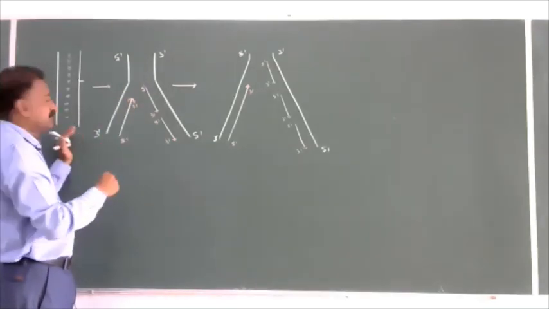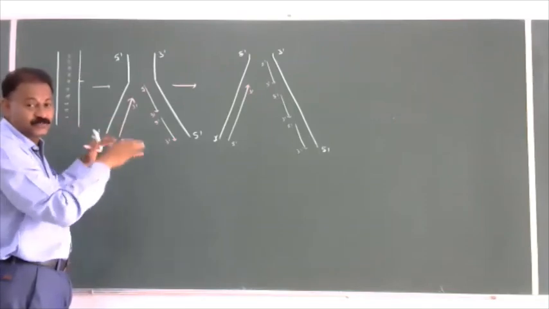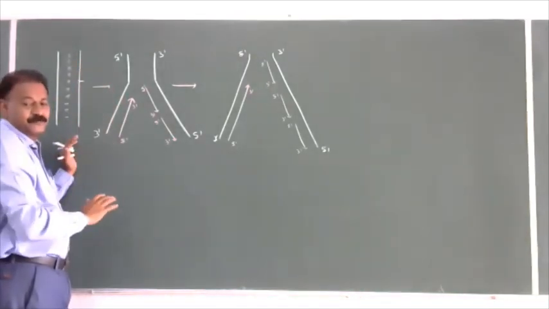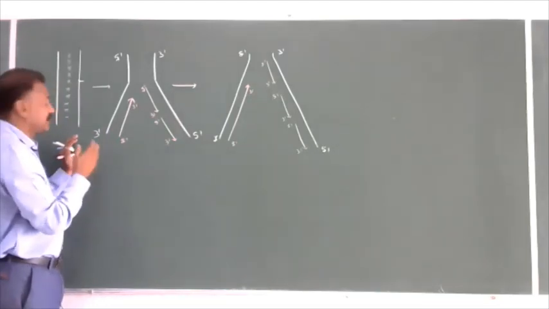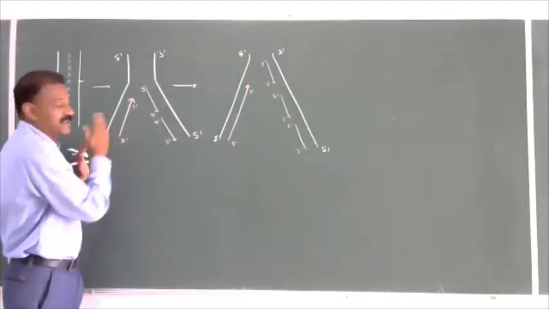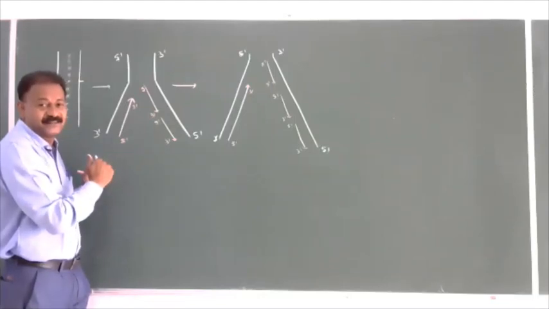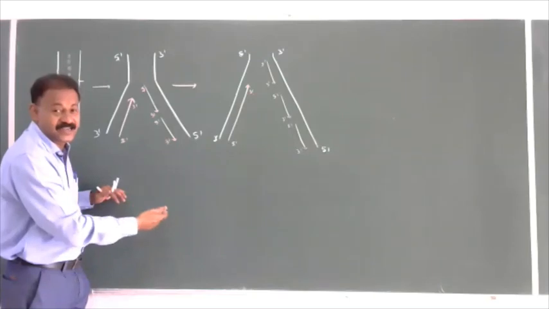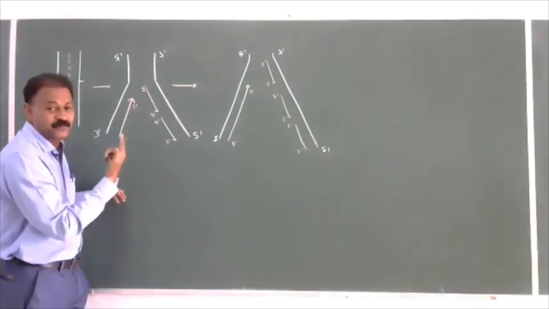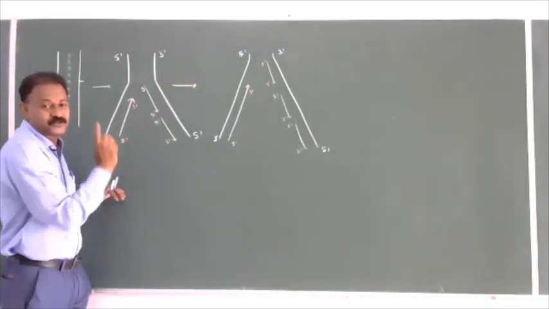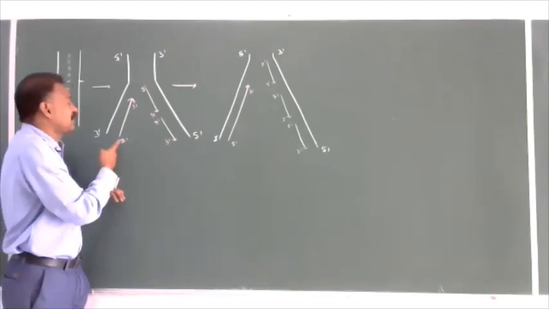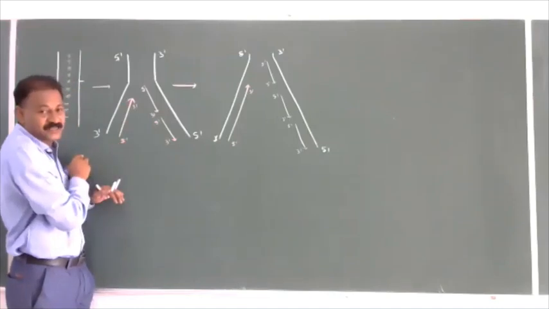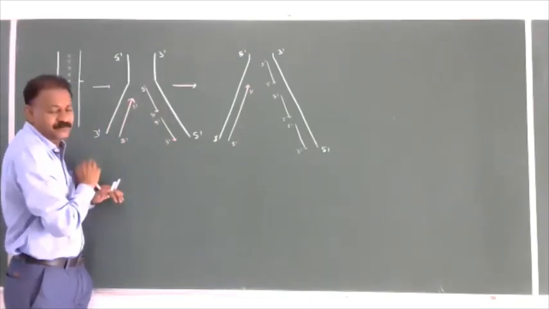single stranded binding proteins to stabilize, topoisomerase to stop the tension on the other side. After that, DNA polymerase 3 will come to identify, but it cannot polymerize. It has to take the help of primase enzyme. Primase will produce RNA primer of short segment. Without primer, there is no initiation. So once primer is formed, initiation of synthesis of new strand starts. After some time, primer will be removed by DNA polymerase 1.